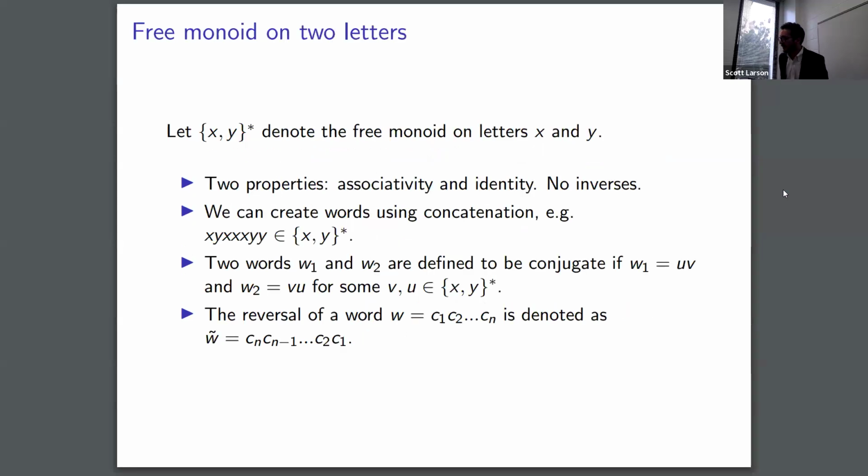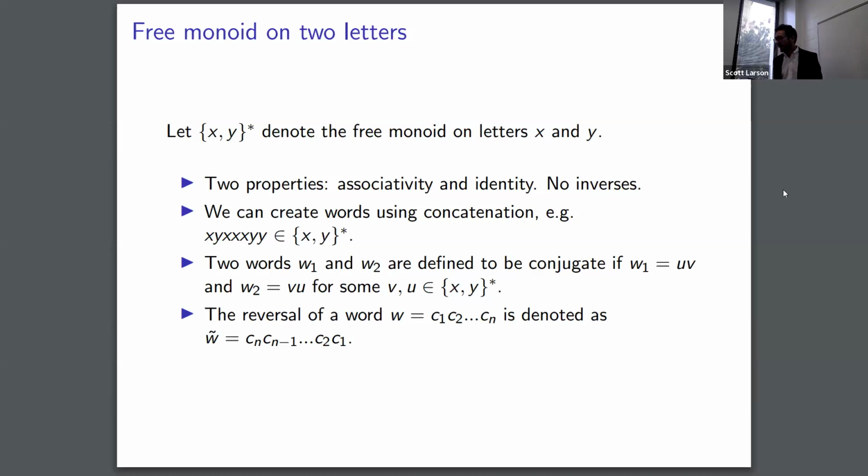So we're working in the space of a free monoid on 2 letters. So we have 2 letters X and Y. And basically, we're working with a group without inverses. So we have associativity and identity. We can create words using concatenation. We can just put X's and Y's together. As you can see, we have X, Y, X, X, X, Y, Y is in the free monoid on X